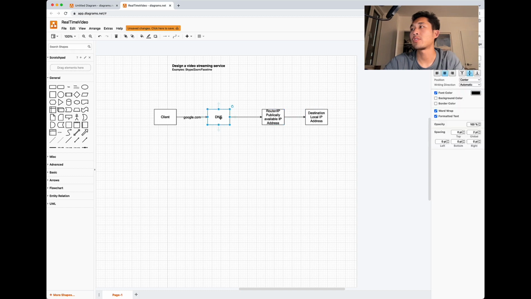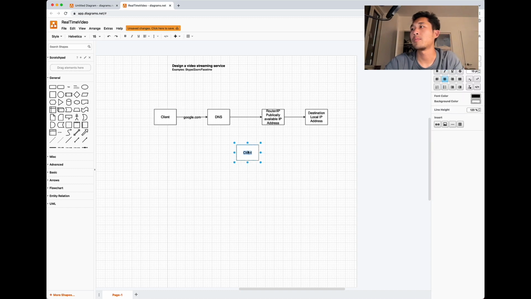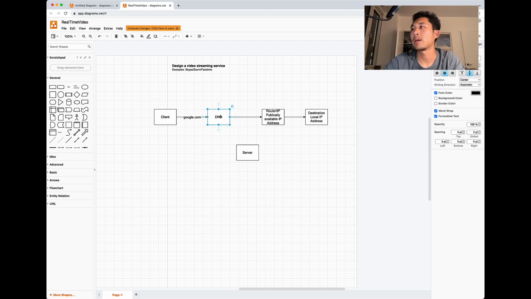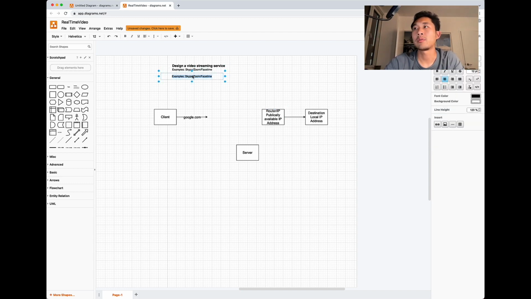So let's just assume that both of these computers just interact with a middleman server that they're able to talk to. So now that we've sort of talked about that, I'll explain why it's important in just a second.